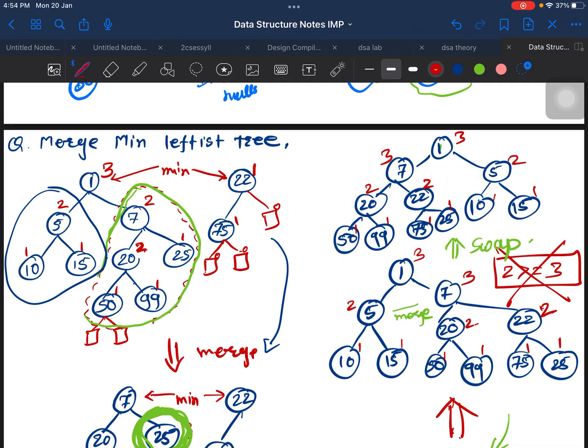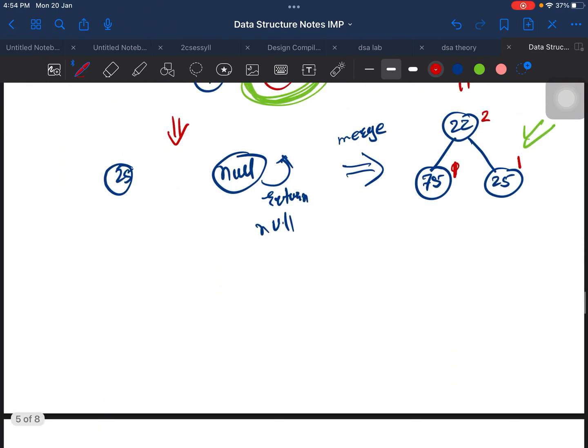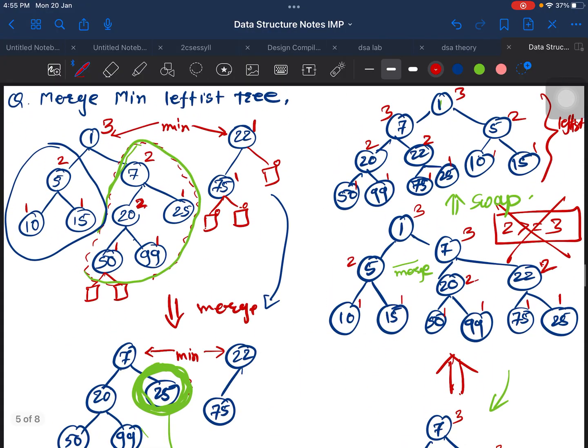Now let's check whether it is following the leftist property or not. What is the leftist property? The S value of the left node is greater than or equal to the S value of the right node. See, 1 is greater than or equal to 1, correct. 2 is greater than or equal to 2, correct. Now 3 is greater than 2, yes. Now it's correct. So this is your final leftist tree. This is how you need to solve the leftist tree problem. If you have any doubt,